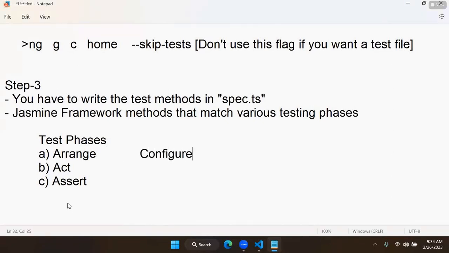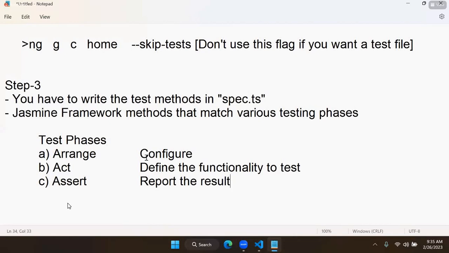So arrange is configured. Act is to define the functionality to test. Which functionality you want to test. Assert means report the result. Result means is it test passed or test failed? That is the result. So we have these test phases: we have arrange, we have act, and we have assert. So these test phases include